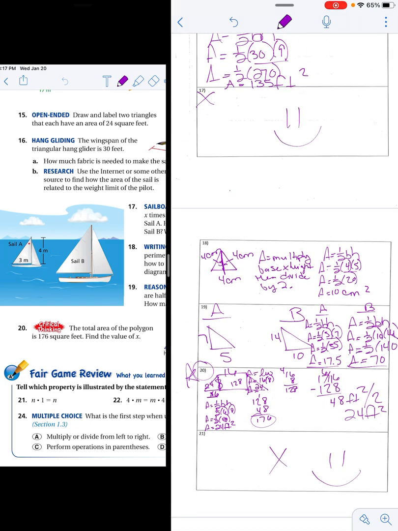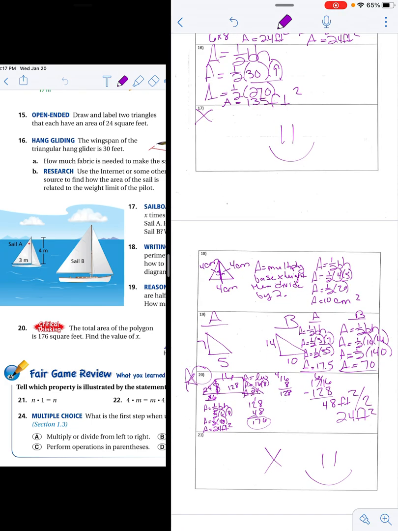You're welcome. Okay. Word problems, okay? It really, really helps if you will use pictures to help you, okay? Double check